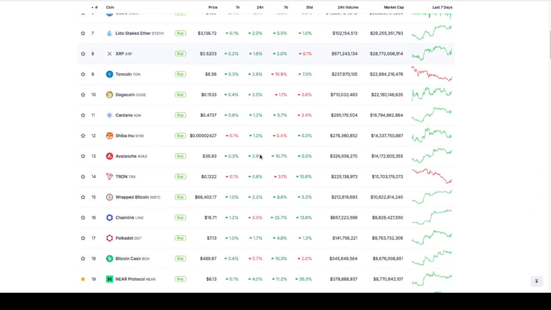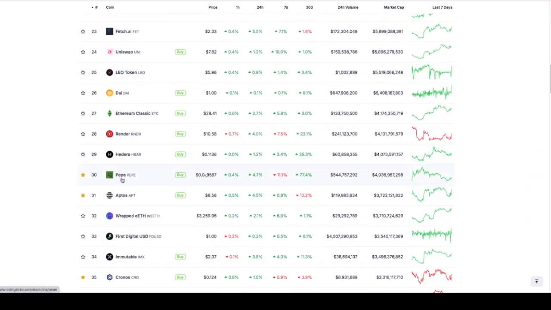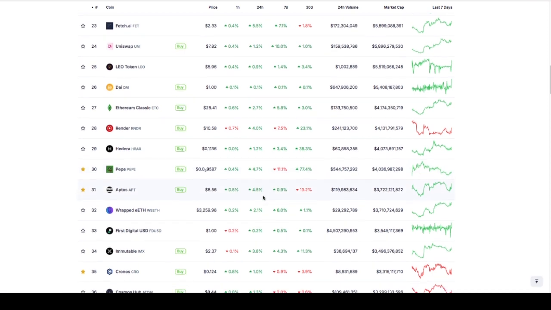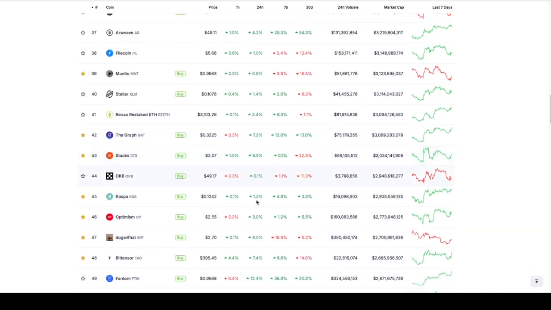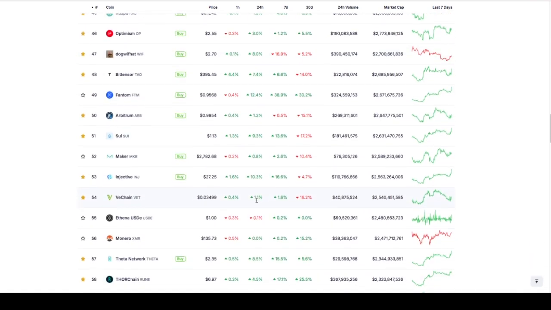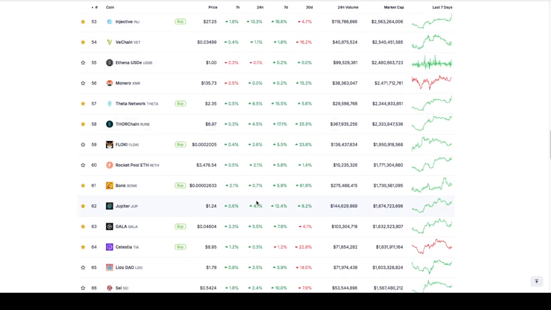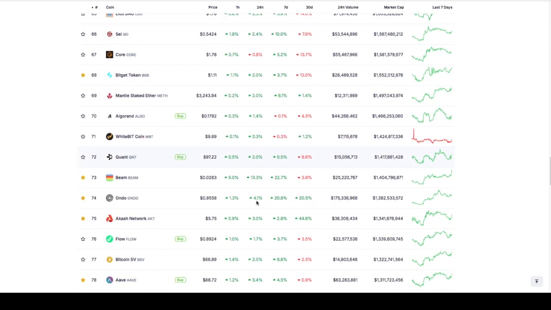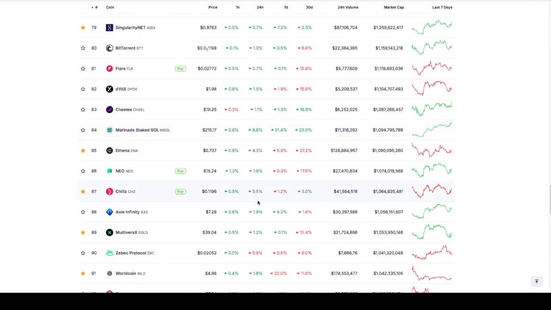Now, as we scroll through this list, there are coins that are doing huge numbers. We can see a coin like Pepe has done 77% in 30 days. I'm not saying to buy Pepe, I'm just saying these are coins that have been on my radar for many, many months, and they have done 10x's since. There's hundreds and hundreds of coins, and to help you filter through the altcoin market and find some gems, I'll be sharing some top picks in up and coming videos, looking at different coins, different ecosystems, and different narratives that we can capitalize off as this bull run gets into full force.